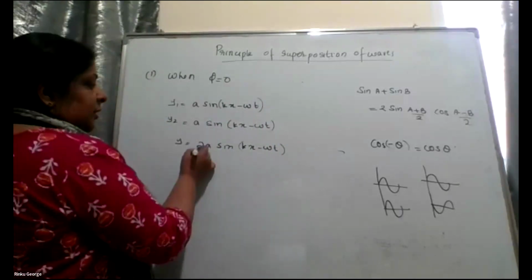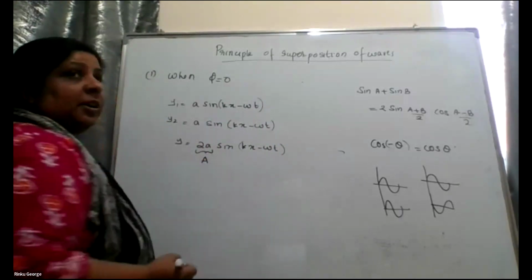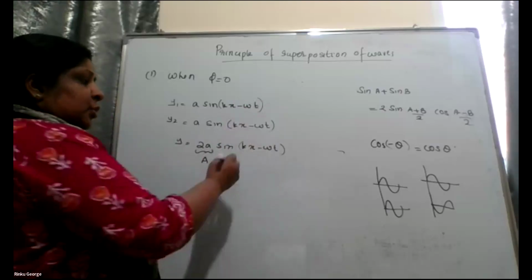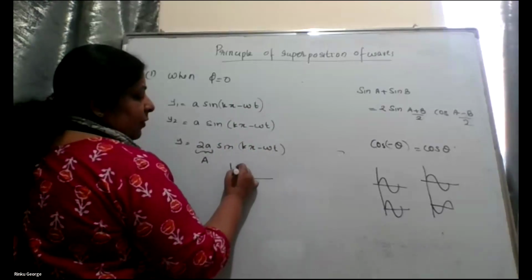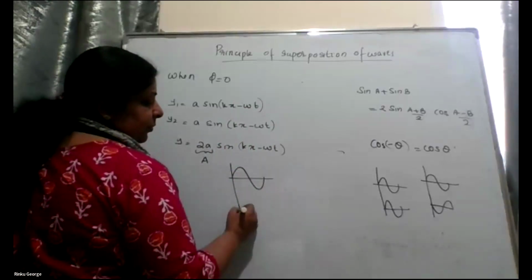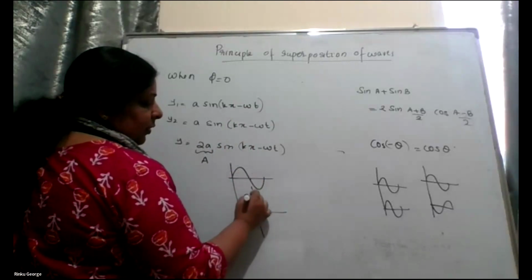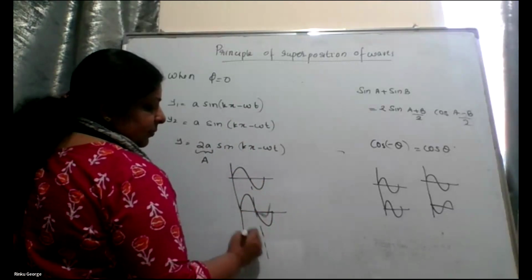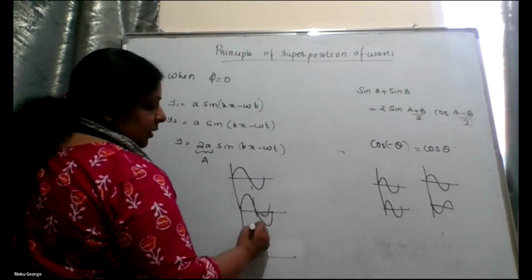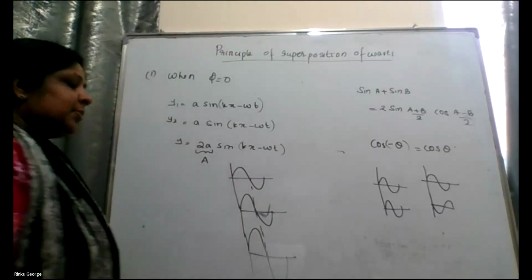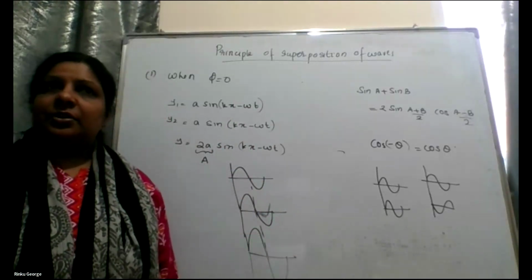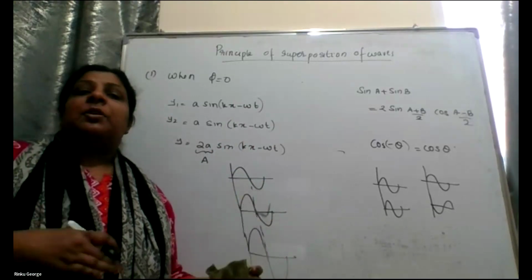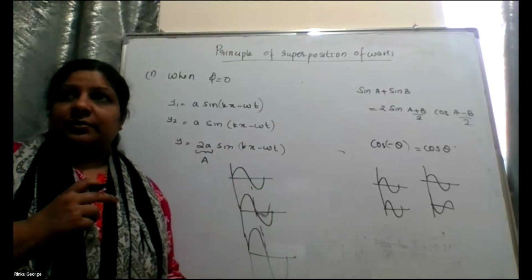So what is the amplitude here? Amplitude has become 2A. Phase is the same. That is what I have shown you in the diagram. You have a wave like this. You have another wave like this. What will be the resultant? The resultant will be the addition of the amplitudes. Phase will remain the same. Understood? This is the diagrammatic reference. If this is happening, we call this constructive interference.